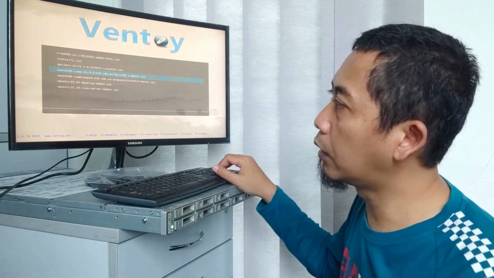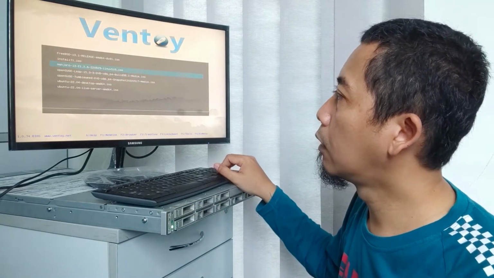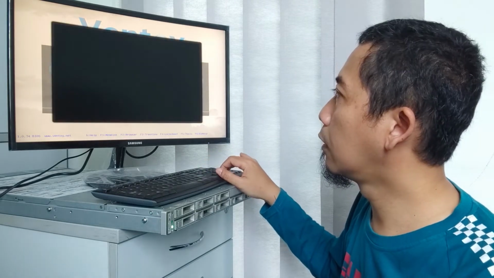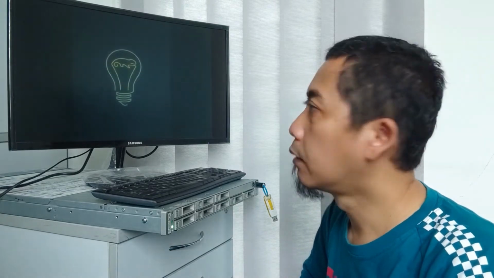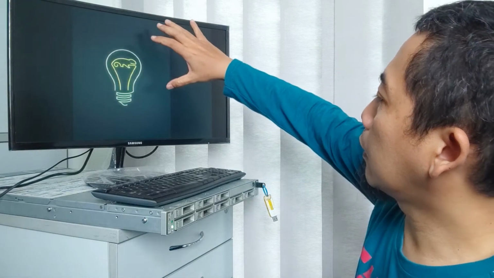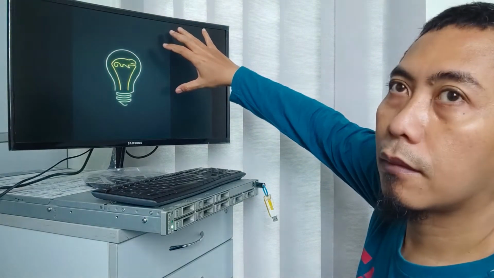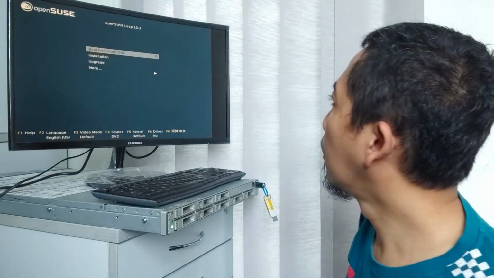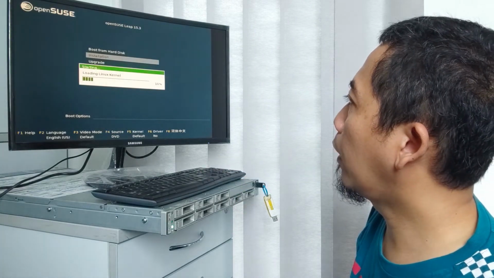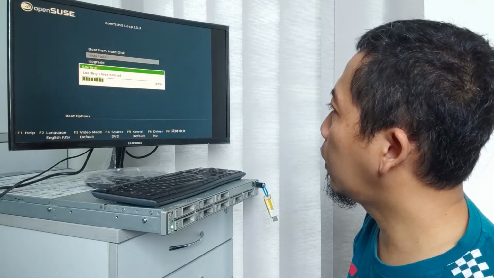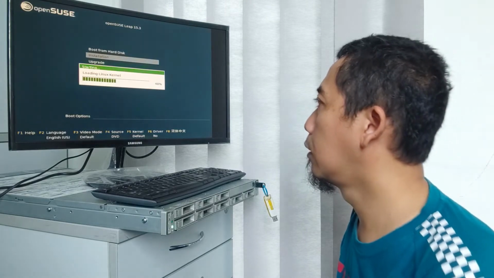Now I choose the OpenSUSE Leap. Okay, I enter. It will be detected, yeah. Okay, now I choose installation. They will be loading the Linux kernel to the memory.